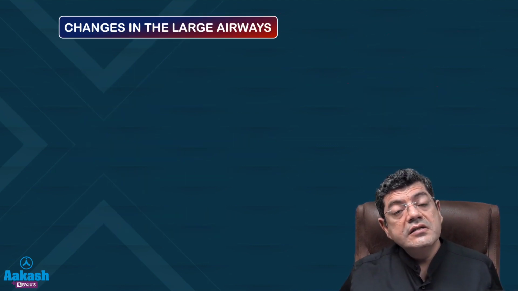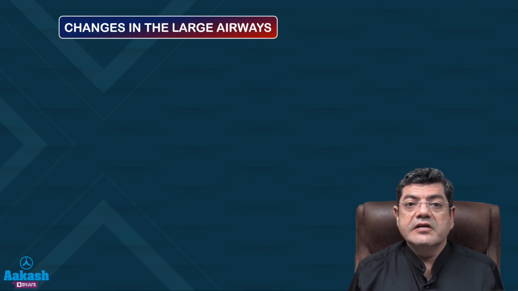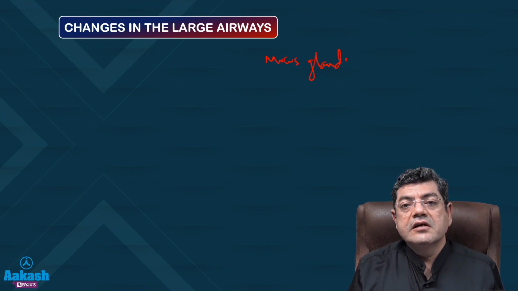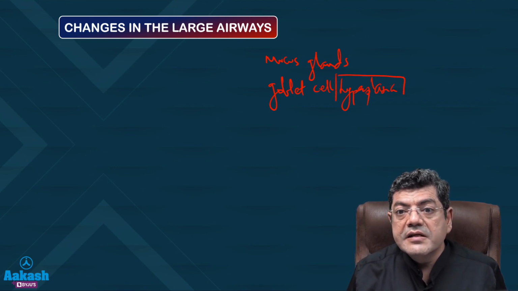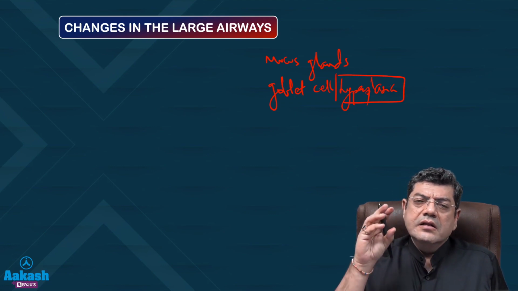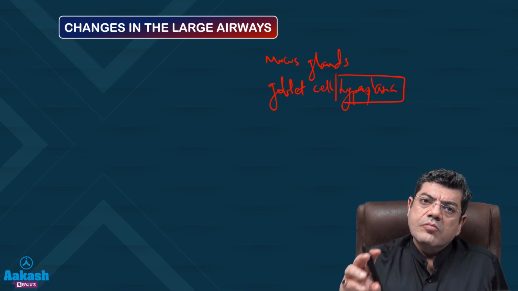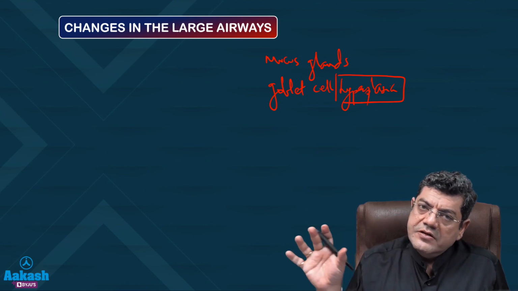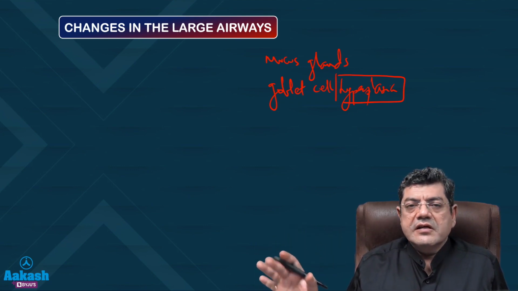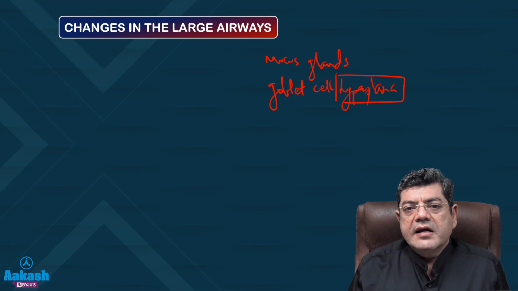Is there a change in the large airways? In the large airways, you get an increase in mucus glands, you get goblet cell hyperplasia. These are all potential MCQs, right? So you don't get a goblet cell metaplasia in the large airways. Goblet cells are a normal component of the large airways. It's a metaplasia when you see those cells in the peripheral airways or the small airways, and you get a